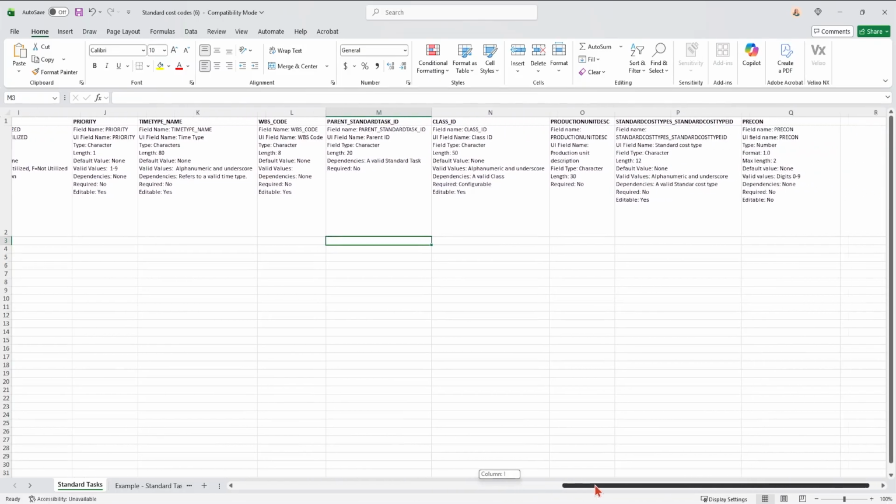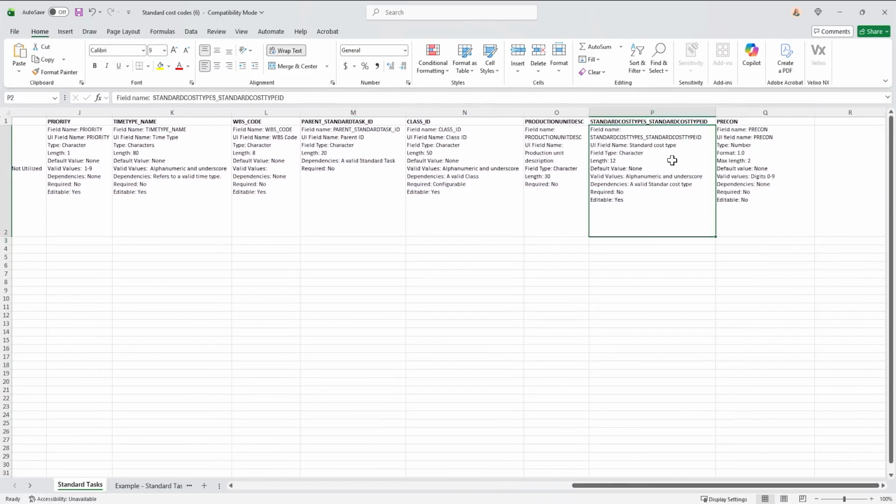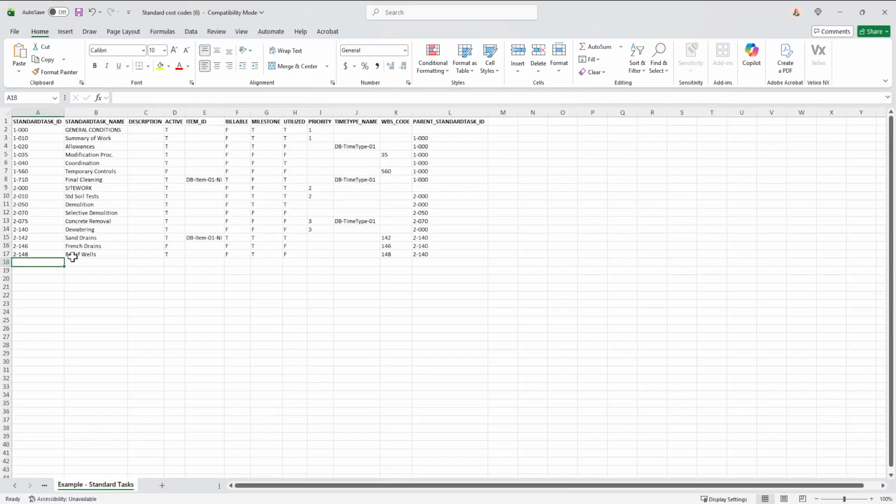And then over here, you have your standard cost types. So you're going to assign your cost types to your cost codes when you're doing your import. And my pre-con custom field also shows on the template. And then if I click over to this tab, it actually gives me an example of what you can bring in.